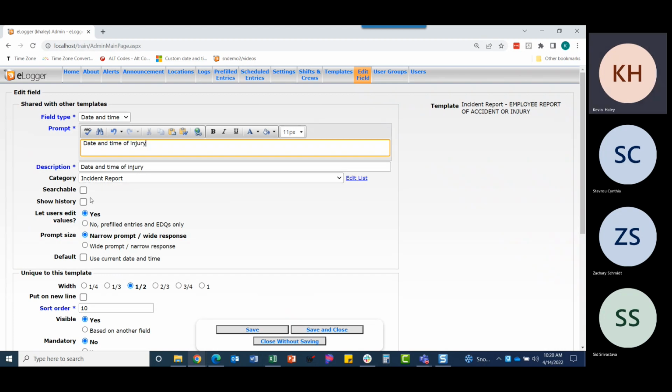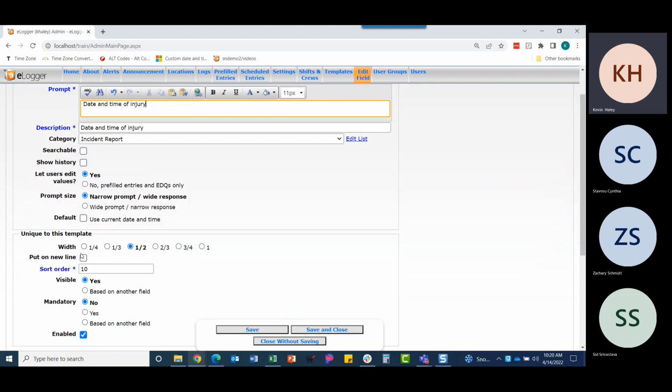You can make it searchable. You can show the history, and let users edit values. Most of this stuff is going to be almost all the same as I build these fields. Now, again, I want this to be a width of a third. I want it to be visible. I'm not going to make this one mandatory, however, because I want to show you the difference. So when I save and close,